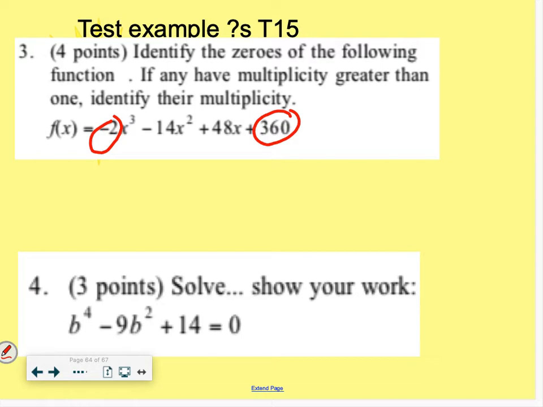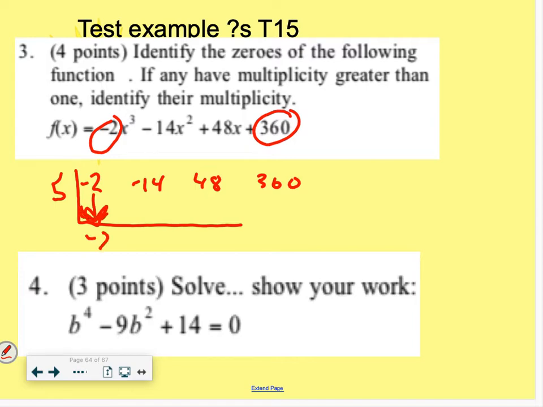What is that? 72, I think. 5 times 72 is 360. And 5 is one of them that you might have stumbled across. So I'm going to do synthetic division. And at some point, with trial and error, hopefully I would stumble across that 5 is a 0 by doing this. So bring down, multiply, add,